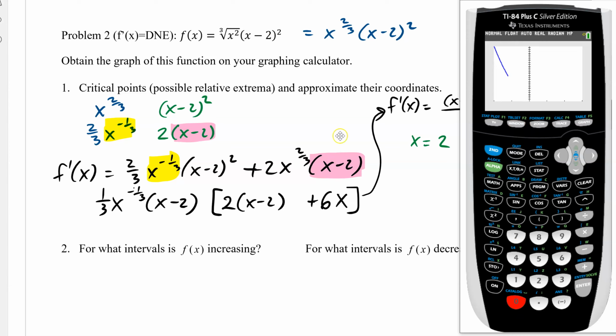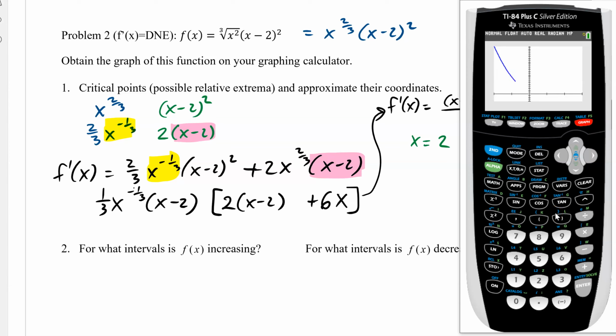If we didn't, then we go back and we find our error in here. So like if you multiplied this incorrectly, that number wouldn't have matched and it wouldn't have worked. So you can see right there is 0, perfect, 1/2, and 2. And so when we do our traces, if that's a critical number, it shouldn't show up when we do it. So trace 0, yeah, see, it's off the graph. If you want it to show up, you got to go to window. We need to take this down a little bit, so like -4, hit graph,